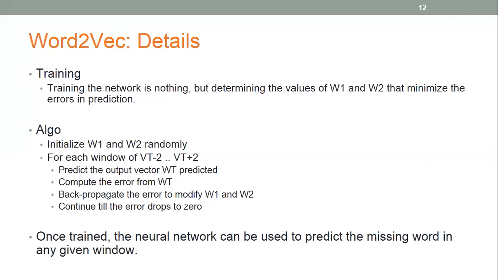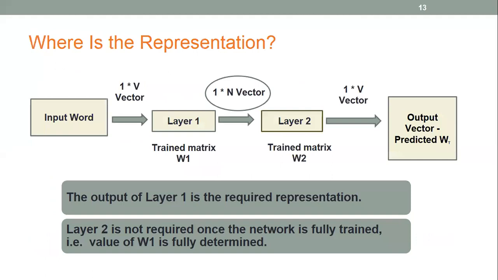A point to note here is that where the vocabulary is in the scale of 100,000s, the value of N is around 300, or 600 is the maximum that I have seen in the literature, or somewhere in that range. So we are basically saying we can condense down a vector of 1 by V,